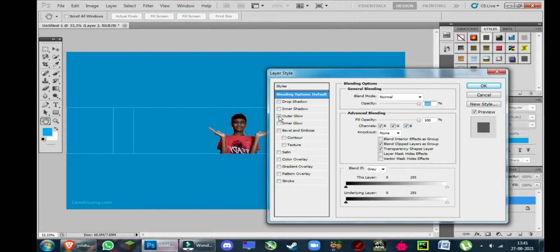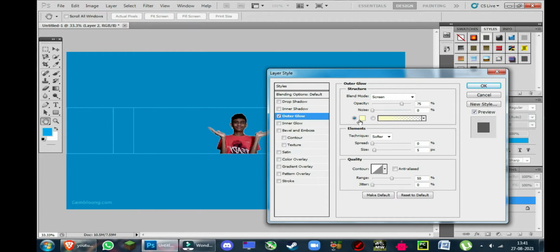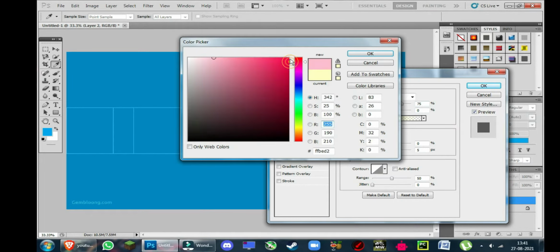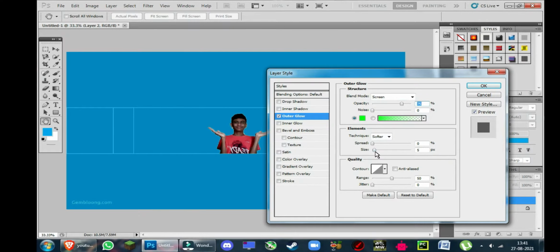You can increase the size and spread. I'm going to increase the size of it, not the spread, and make the opacity and noise fully sharp. See, it's looking very nice and clean, and then click OK.